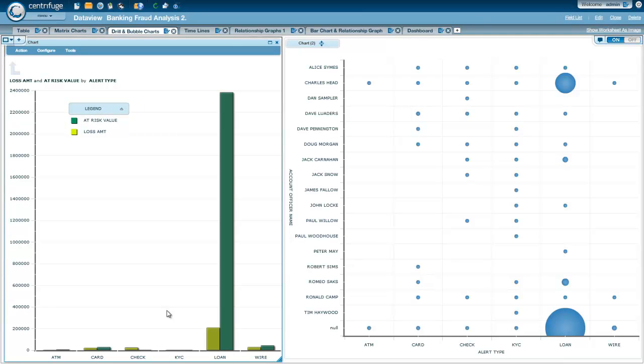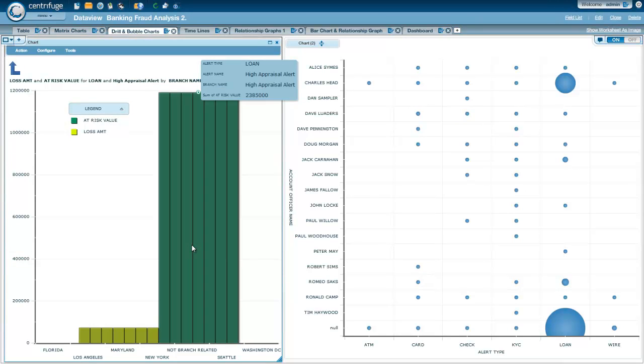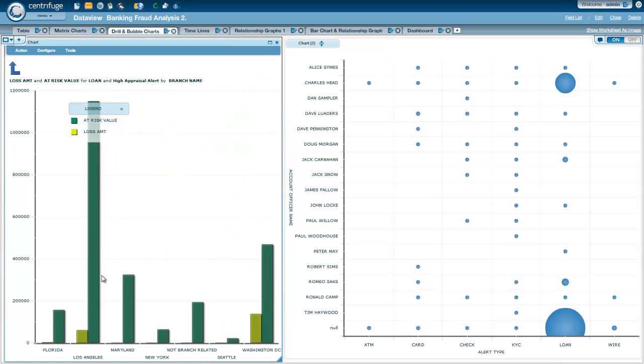I notice that historically I've lost money in this loan business line, and most of the money is at risk here. So let's drill down on that. High appraisal alerts are the problem. And what we didn't know before is that the Los Angeles branch, Washington, D.C., and to a lesser extent Maryland